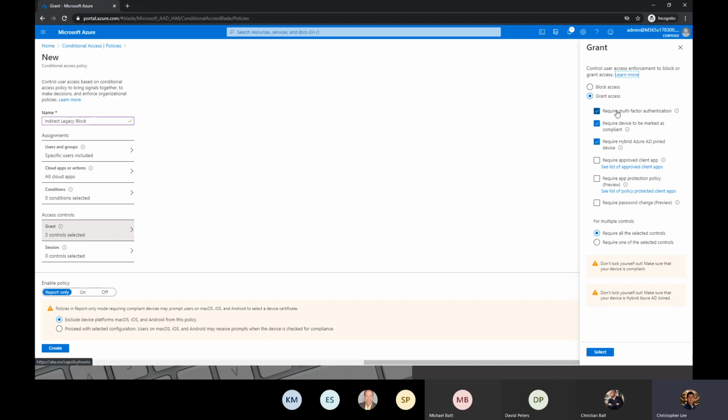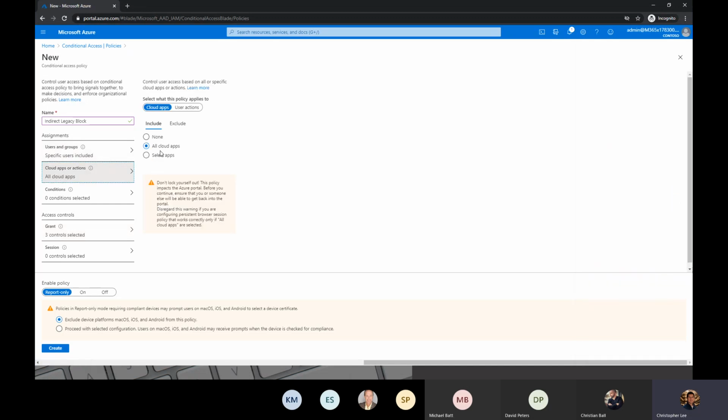Now, the risk you run with using an indirect block is that you may have a scenario that you're not accounting for. Most likely, you're not going to scope this policy to all users and all cloud apps. You're probably going to scope a policy that requires controls to certain services like Exchange and SharePoint or Teams. But that leaves the gap of maybe there's a service that's not included there. So I do have a blog post on